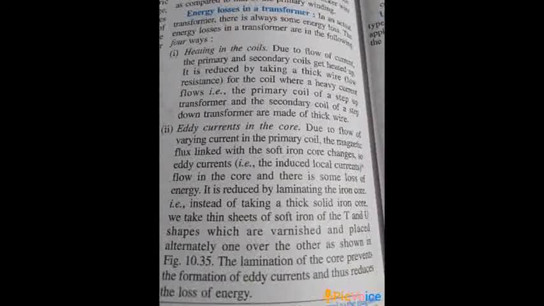Now, what is hysteresis loss? When current is flowing in the primary coil, then the core, meaning जिसमें हम इसको wrap कर रहे हैं, that rectangular frame, वो magnet बनता है, फिर वो demagnetize हो जाता है, फिर magnetize होता है, फिर demagnetize होता है, because it is AC current. So because of this, some energy is lost, and this is known as hysteresis loss. This is the energy lost due to continuous magnetization and demagnetization of the rectangular core.